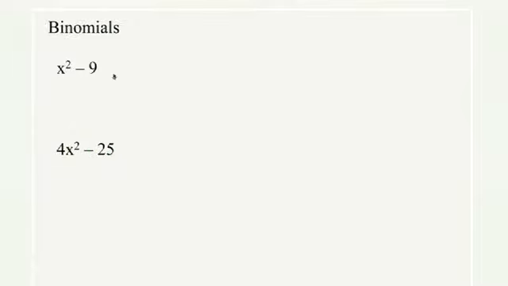Secondly, perfect squares. At this point, if these numbers don't jump off the page at you, by the end of this chapter, they hopefully will. We have a list of perfect squares, and I'm going to write them across the top. Starts with 1, then 4, which is 2 times 2. Then 9, 3 times 3. 16, 25, 36, and so on. And we don't want you to memorize these. All we want you to know is how we find them, and that's simply just taking 1 and squaring it, 2 and squaring it, and so forth. Hence the term a perfect square.